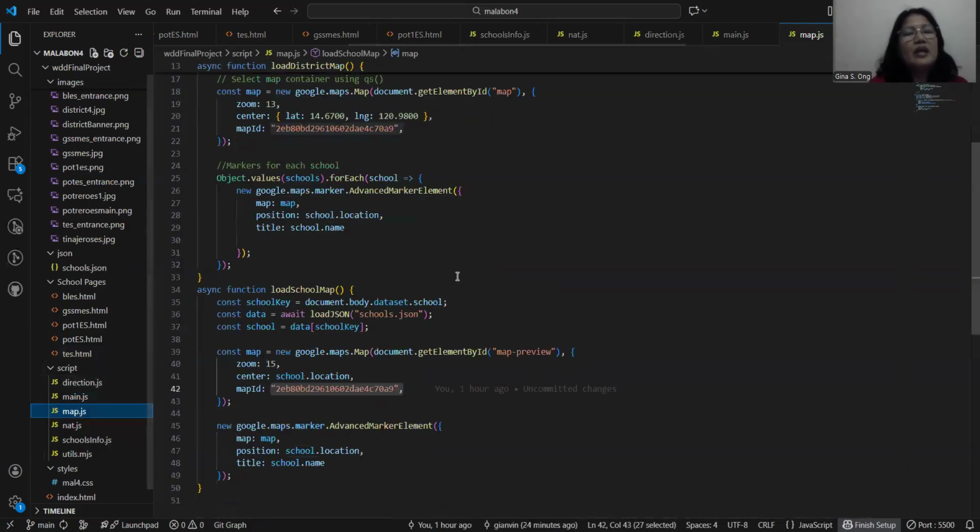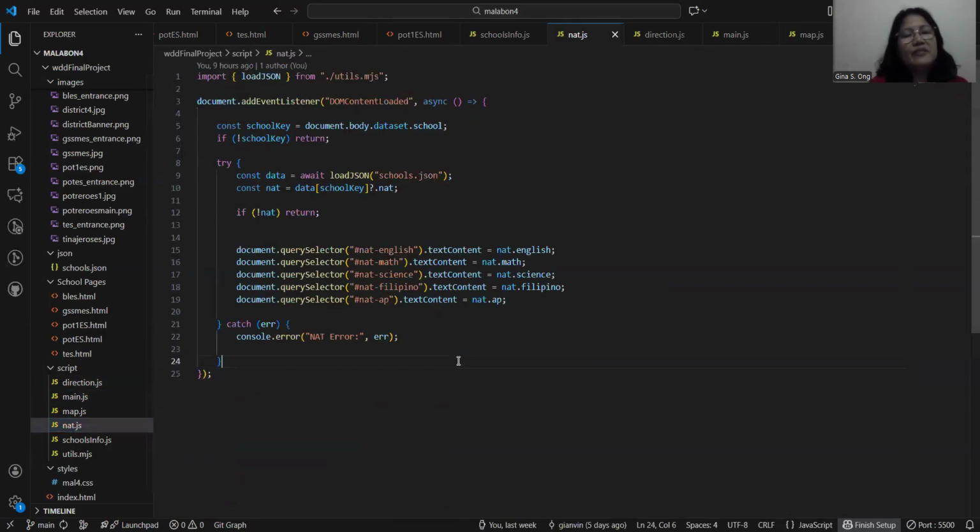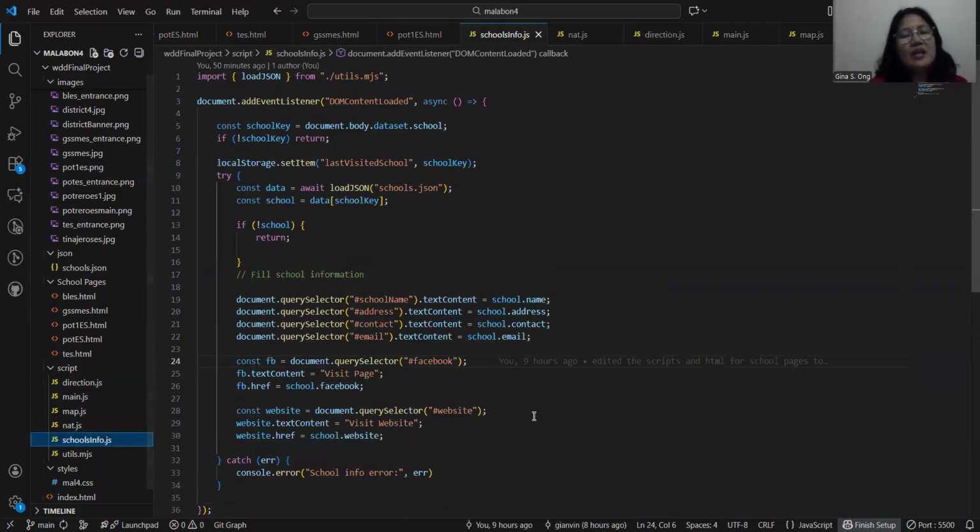And map.js displays the map in the school pages. And nat.js displays the information about the NAT results. And schoolsinfo.js will display the details about the school: the school name, address, contact, and email.